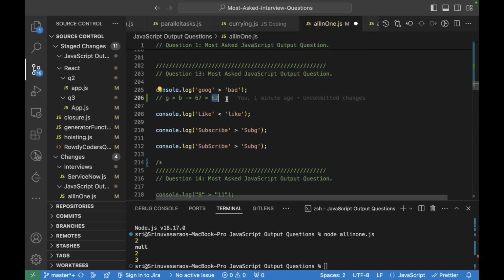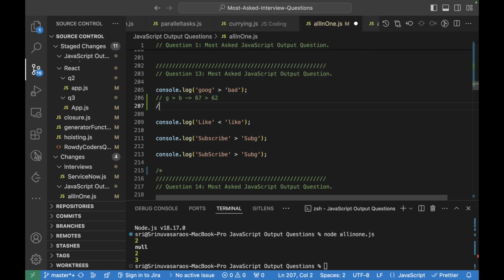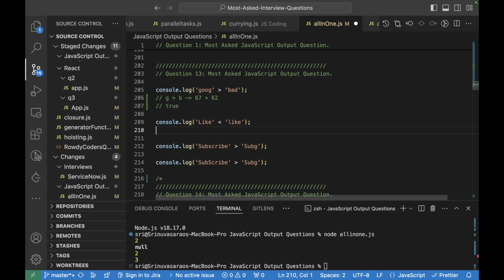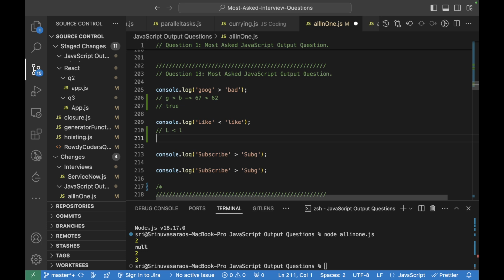So when they are checked, it will give true here. In a similar way, this will be checked with capital L is less than small l. The ASCII value of capital L is a little lesser than that of small l, so this will give true only.